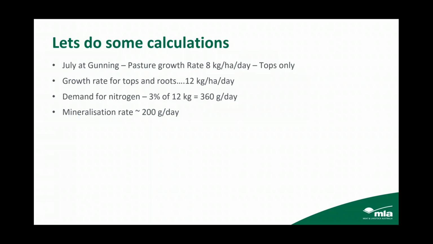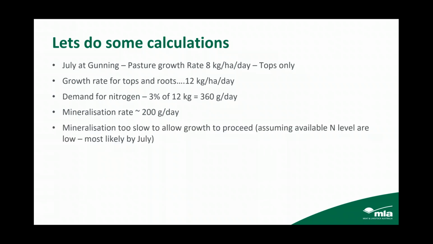That is, with unlimited soil moisture, which is how I did my growth rates, or close to it, a pasture growing fairly well on a fertile soil could grow to 8 kilos, but it probably wouldn't, if its demand could not be met by the supply. Mineralization looks to be probably the big choke on that system over that period. So mineralization is too slow to allow growth to proceed, assuming available N levels are low, and that's most likely